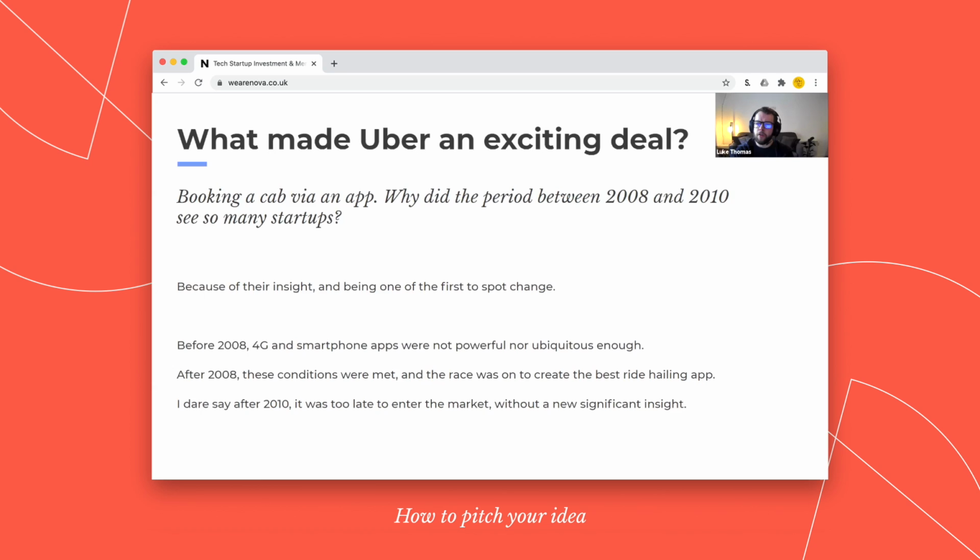If you think no one has done your idea because no one has thought of it, we don't believe that. We think real problems attract people to solve them, and even if an idea hasn't happened, it's definitely been tried before, or it's definitely been thought of before. The thing that stops it is normally something more like this: there wasn't the technology, or there wasn't the push for regulation, or something like that. So try and think about the wider context of how your idea fits into that world.